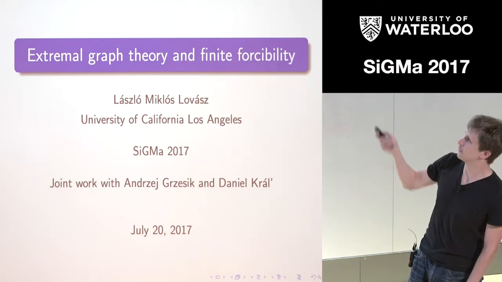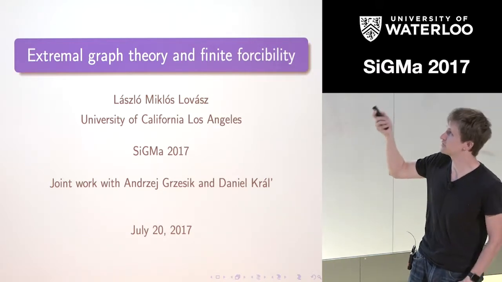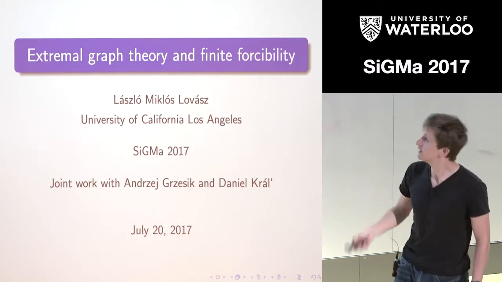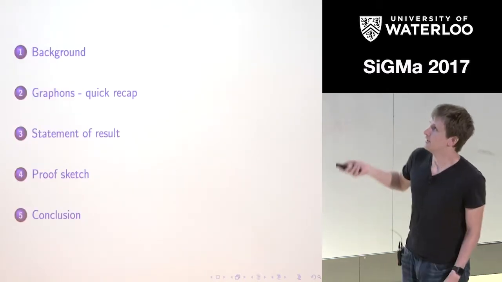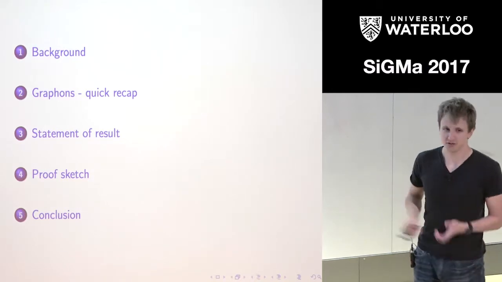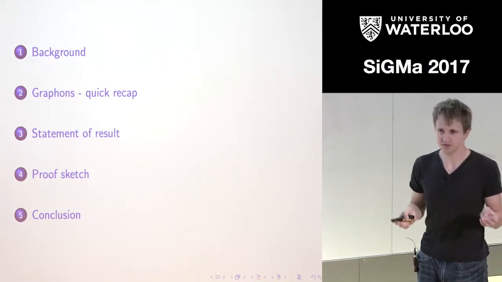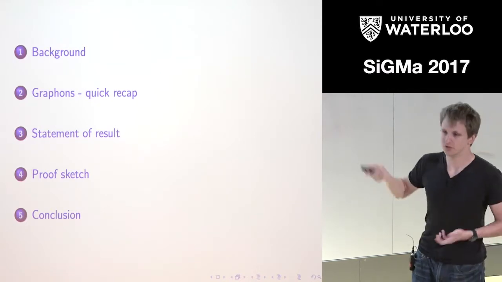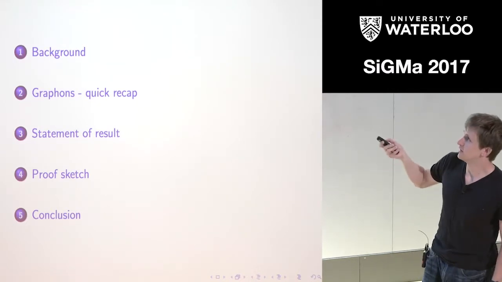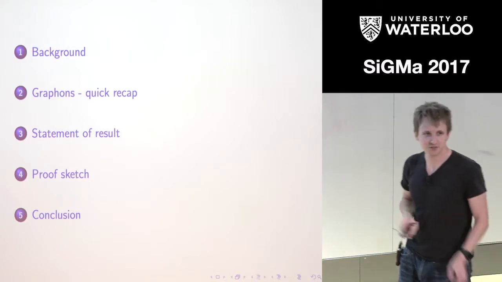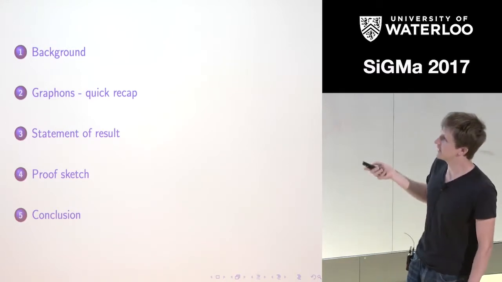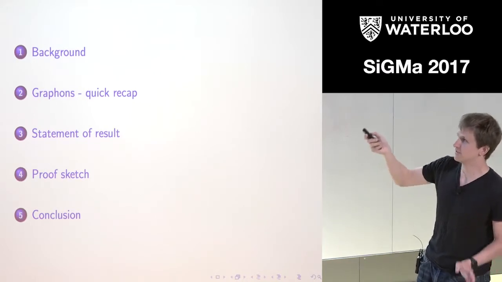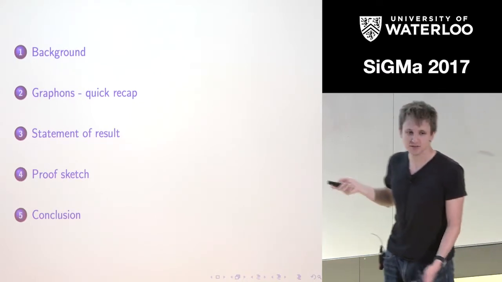So this is joint work with my co-authors Andrei Grzesik and Dan Kráľ, the speaker from the plenary talk this morning. So the basic outline of the talk will be: I'll give some background from classical graph theory problems and how they relate to the conjecture that we looked at. I'll quickly recap graphons, but we've had 2 talks already that went into them. And then I'll state our results, maybe say a few words about the proof, and give a